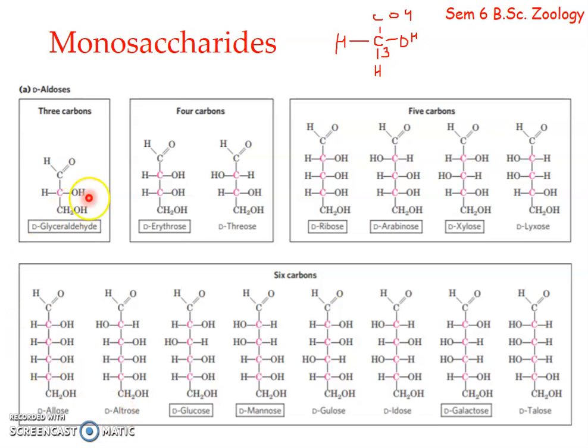Okay, in all these, it is on the right side. You can see, right? So the carbon closest to CH2OH, the last carbon, is the asymmetric carbon which is farthest from the most oxidized carbon. There you have to check the position of the hydroxyl group, and if it is on the right side, we name it the D form, and if it is on the left side, we name it the L form. L for left, just for understanding and remembering, you can write it as